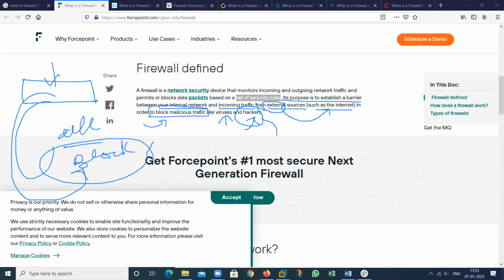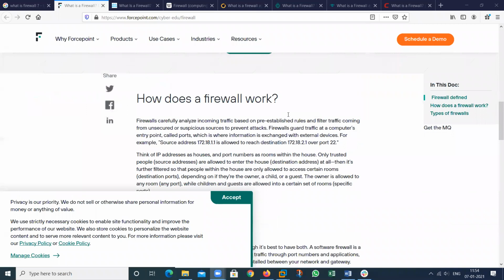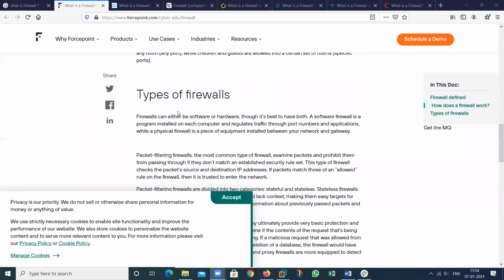So in this topic, we will discuss how to apply the service, how to apply the ports in my network, so that that particular service, that particular port will be allowed through the network. So this will be clear. And what are the other things? There are two types of firewall.